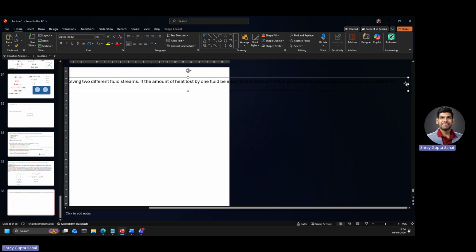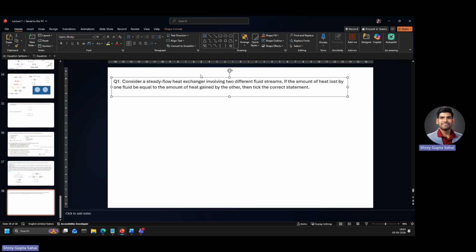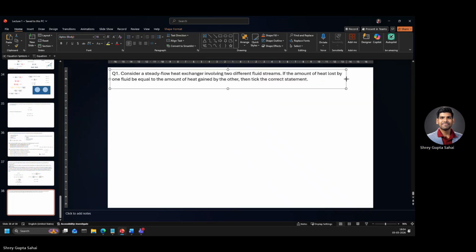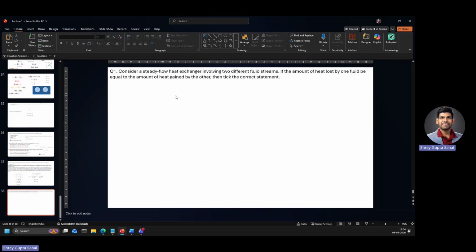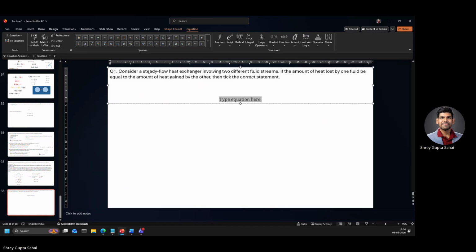So one important thing about this part is, we are looking at energy analysis or the first law analysis for steady flow processes. So now what are steady flow processes? To just get over with it, let's quickly review what steady flow processes are. So generally,